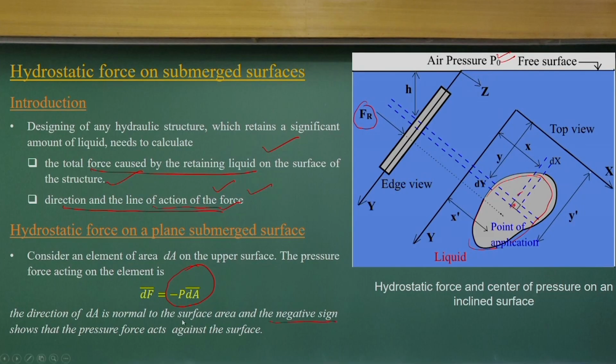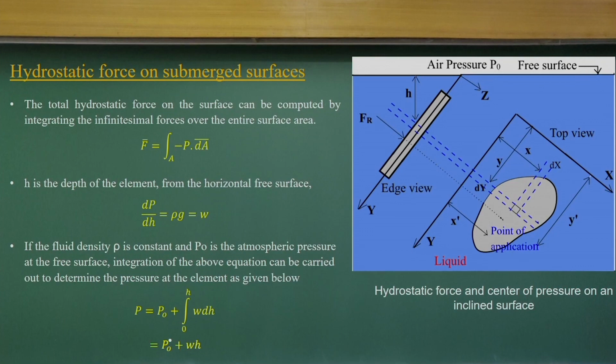That is the reason we use the negative sign: the pressure force acts against the surface, because the surface normal vectors and pressures are in opposite directions. Because of that we use the negative sign. Otherwise, the pressure acting on this small area dA will be the force P times dA, where dA is a small elementary area we have considered